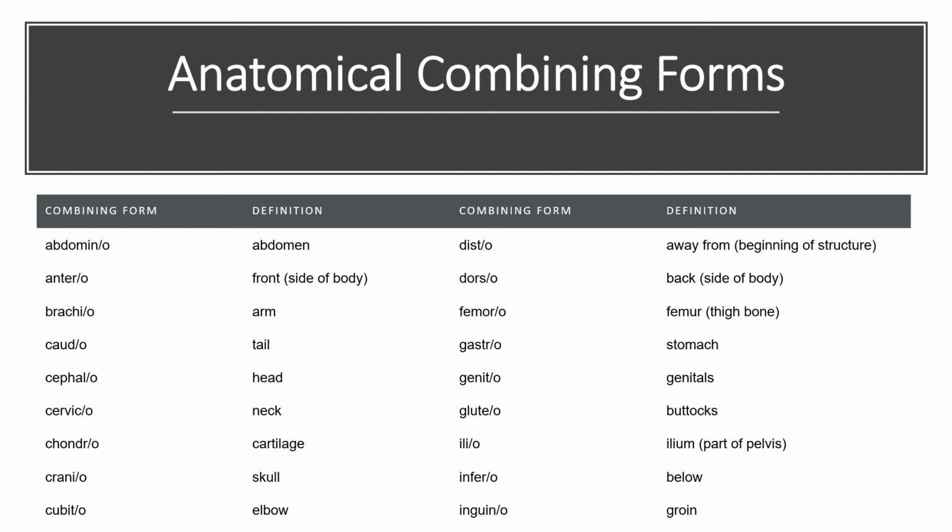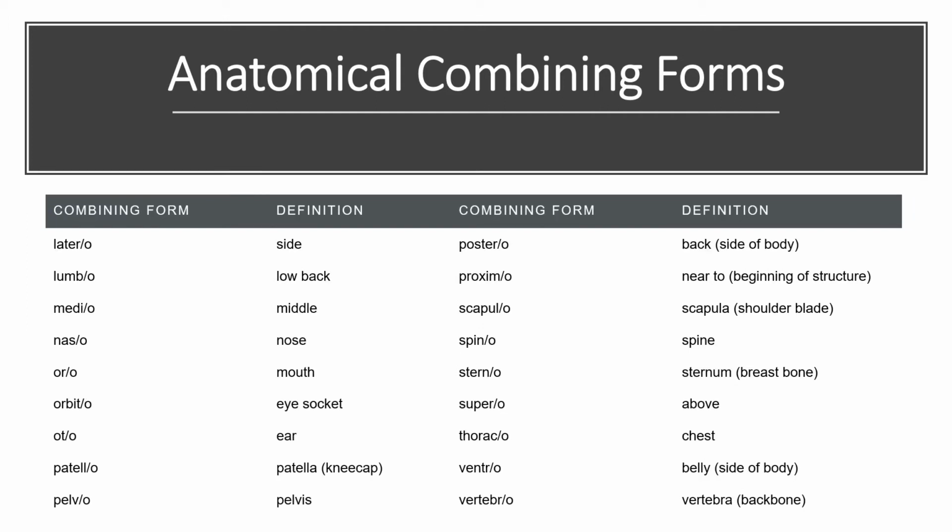Infero refers to below, and inguino refers to the groin. Latero refers to the side, lumbo, lower back, medio, middle, naso, nose, oro, mouth. Orbito means the eye socket, oto, ear, patello refers to the patella, which is the kneecap, pelvo, the pelvis, postero is the back side of the body, proximo means near to the beginning of a structure, scapulo is the scapula